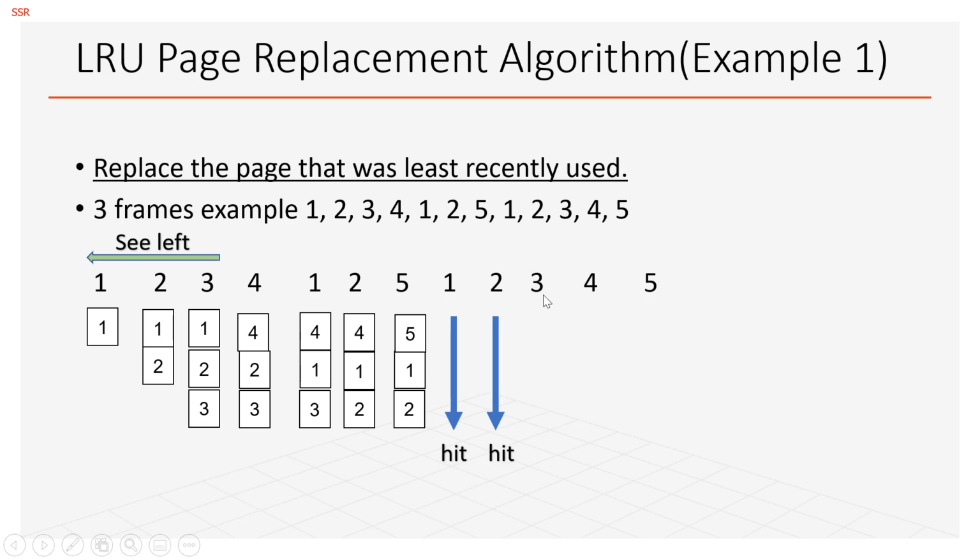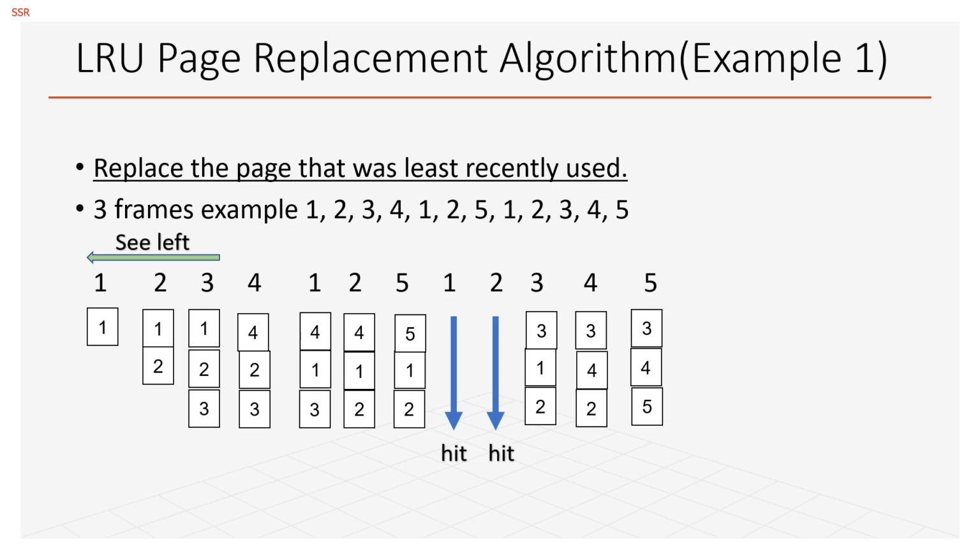Next, the processor asks for page number 3. Now see towards your left. Write down page number 2 which was recently used. Then write down page number 1. The left out frame will be filled with page number 3. Same goes with 4, 3 and 2. The last frame is replaced with 4. When the page request is for page number 5, 4 and 3 remain as they are, and then the last frame will be filled with page number 5.